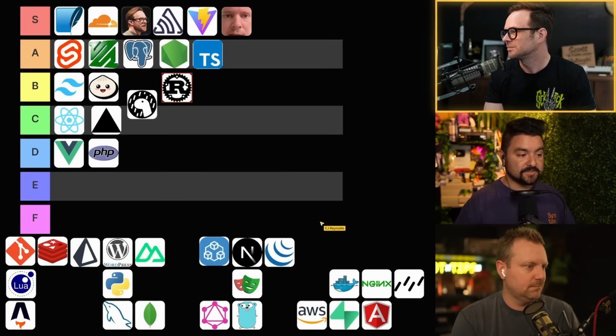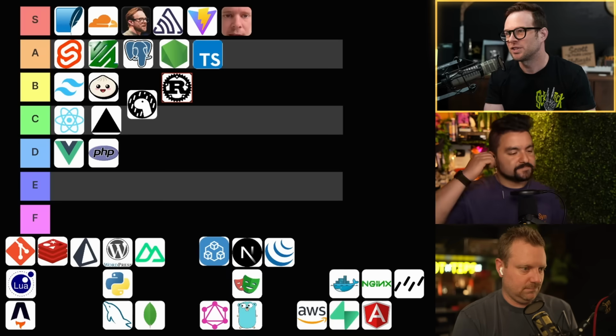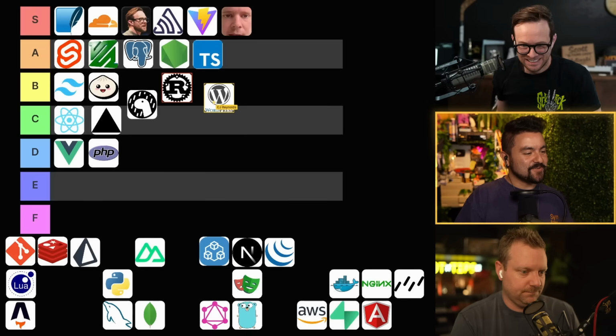Like all fast modern dev tooling is now built with Rust, right? So Vite and Rolldown is Rust. Deno and Bun are both built on top of Rust. Rust powers a lot of the stuff we use on the web, even if we don't use Rust directly. So high B tier. Rust is dope. It's just too slow to compile. All right, I'm picking WordPress, and I'm actually going to go B tier.